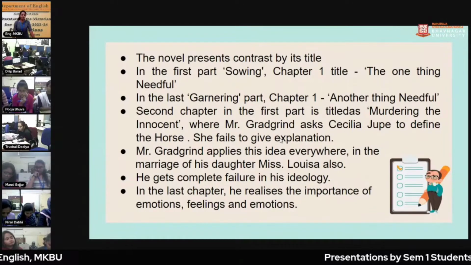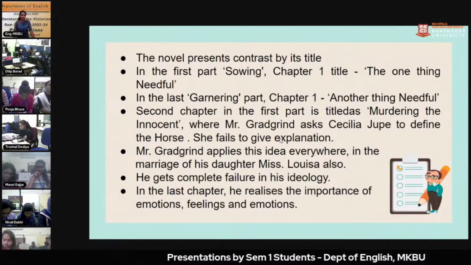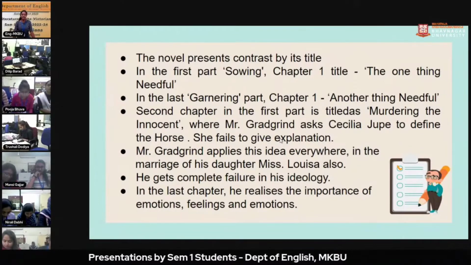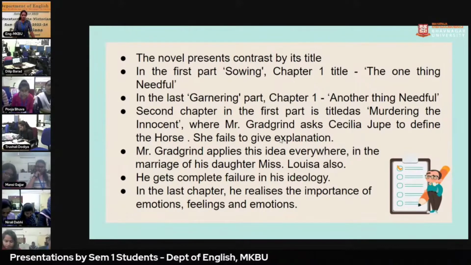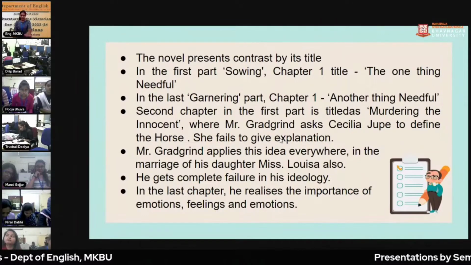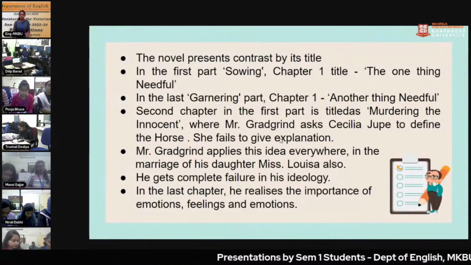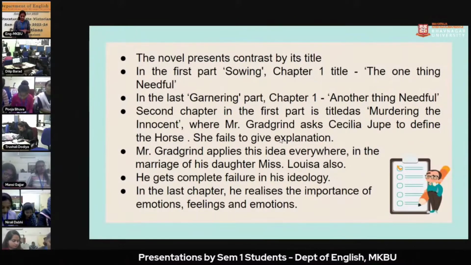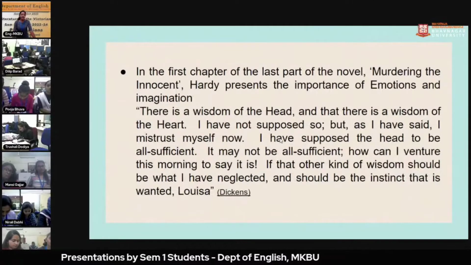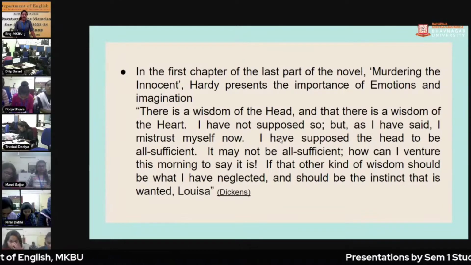He meets complete failure in his ideology, which we can see at the end of the novel. In the last chapter, he realizes the importance of emotions and feelings. So the one thing needful is fact, and another thing needful is emotions and feelings. In the first chapter of the last part of the novel, Dickens presents the importance of emotions and